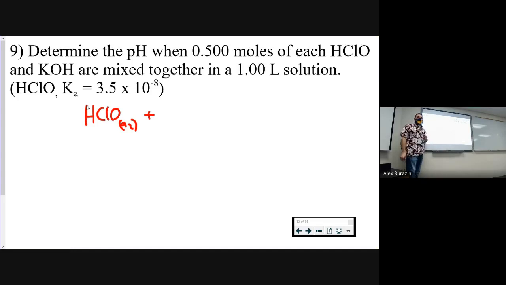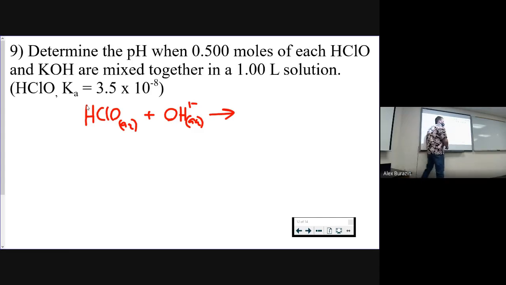When your strong base dissociates, we don't really care about the cation. Much like if we have a strong acid and that dissociates, we don't care about the anion. The only part we really care about there is the hydroxide. So I'm going to end up with my weak acid plus my strong base yielding,